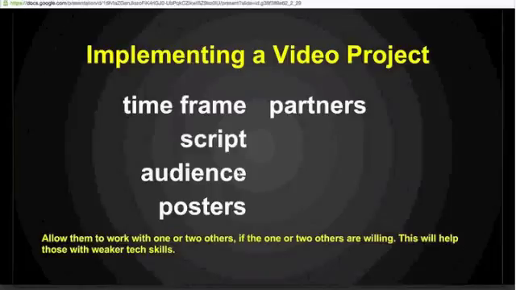You may work with one or two others if those people are willing to work with you. That's a good caveat. So if you let them do that, I think that's fine. Sometimes when people think about grades, they think, I don't want a significant chunk of their grade to be determined by their work in a group, and I get that.